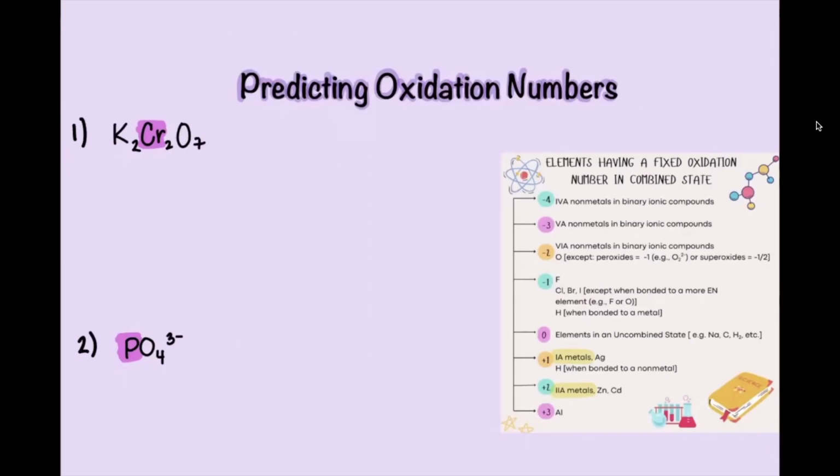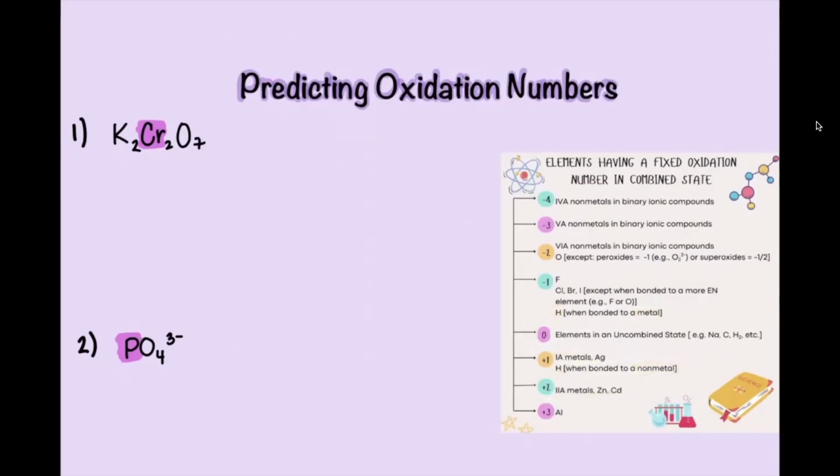So, for example, hydrogen, it's usually a +1 when bonded to a nonmetal, but when it's bonded to a metal, it's actually a -1 charge. Also note that there are a few transition metals that are pretty predictable. For example, silver or Ag has a +1 charge, while zinc and cadmium have a +2. But really, most transition metals can vary, which is why we need to do a little bit of algebra for